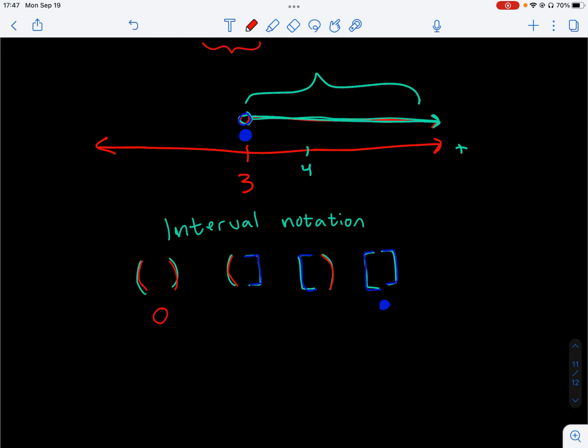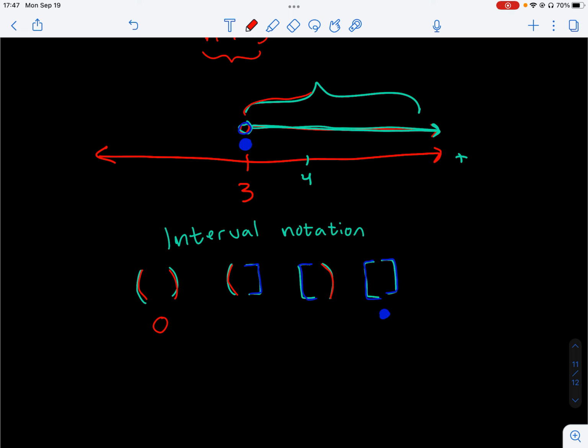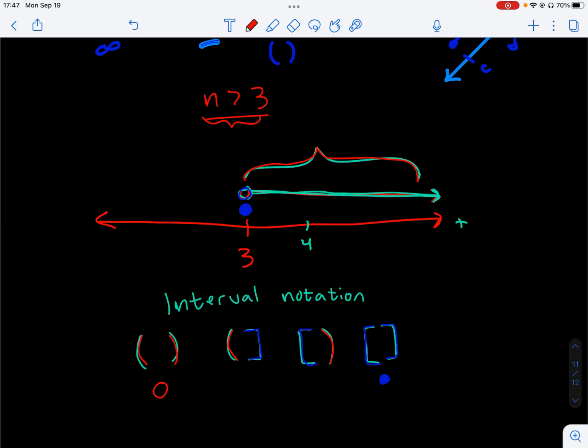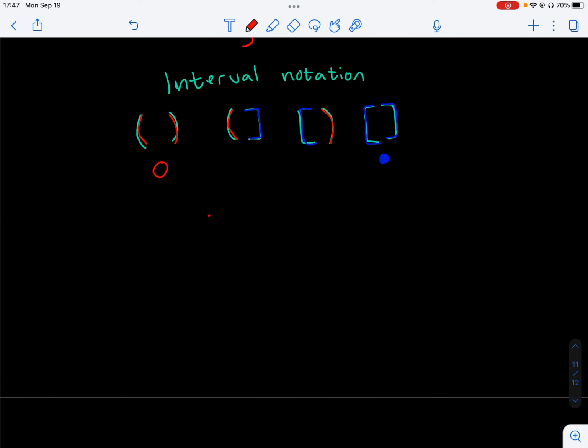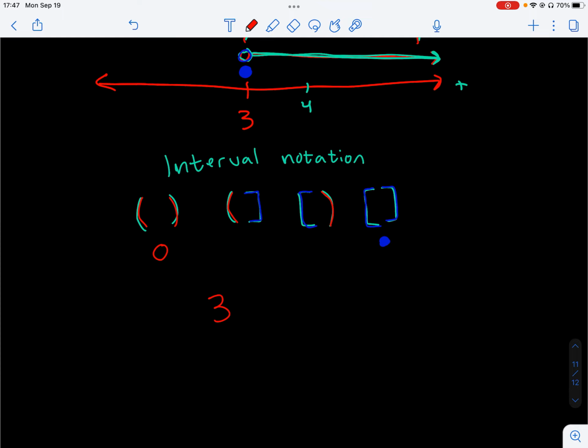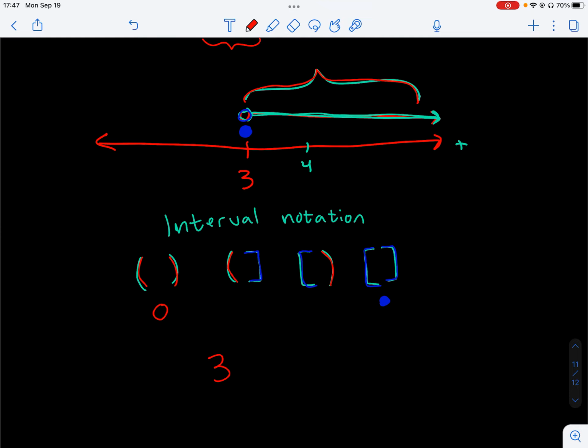And so if we were to think about our interval here, we are not including 3 in this inequality. When you think about this ray here, 2 big things that define a ray are where does it start and where does it end, or where are the 2 endpoints of this